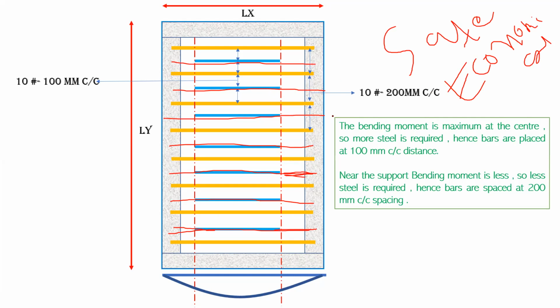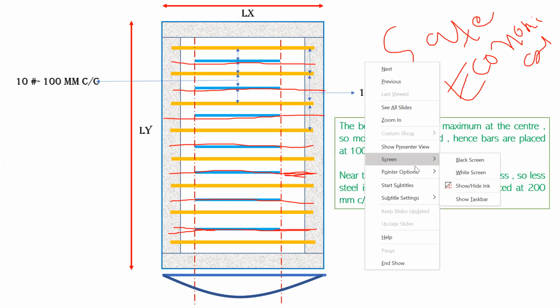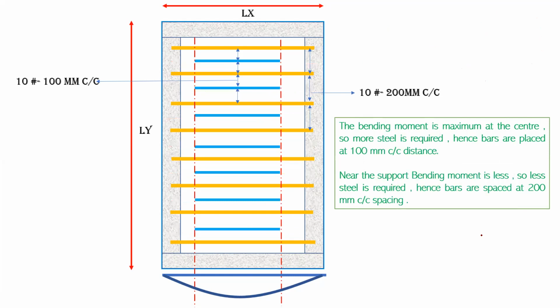I hope it's understood up to here. So this is how it looks. Now the question is, what is this curtailment length? I told you that you have to curtail up to here, I mean, you have to stop your bar up to here. But what is the distance from here to here? What is that curtailment length?